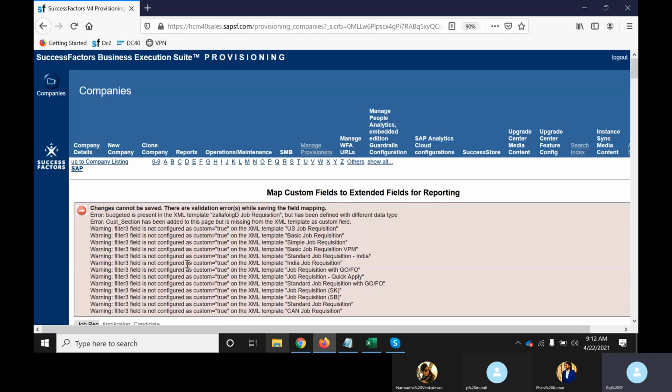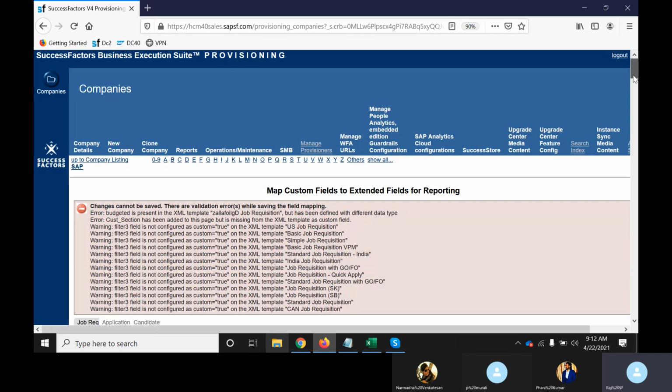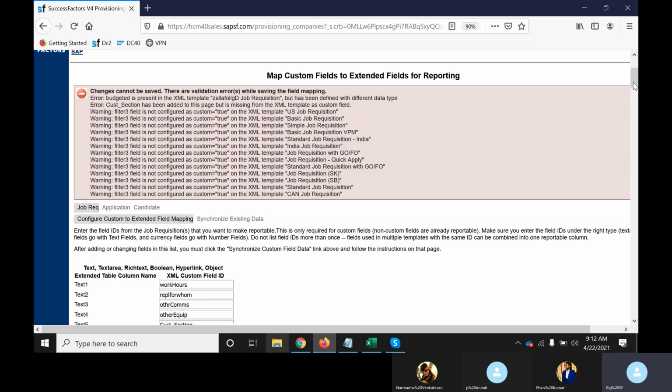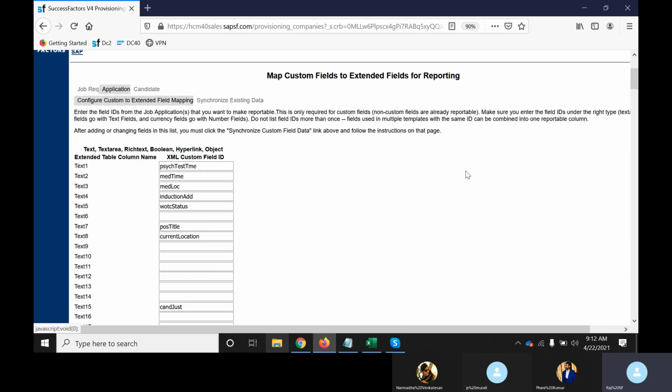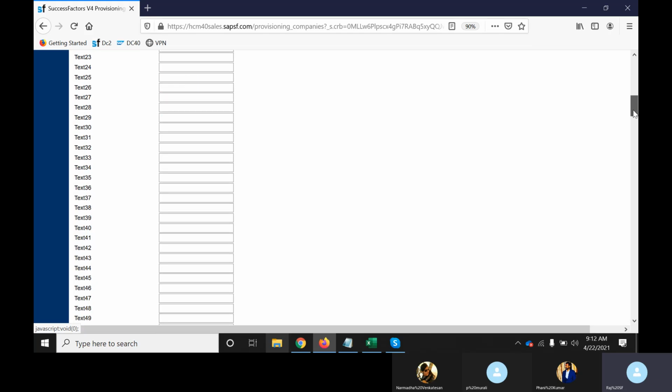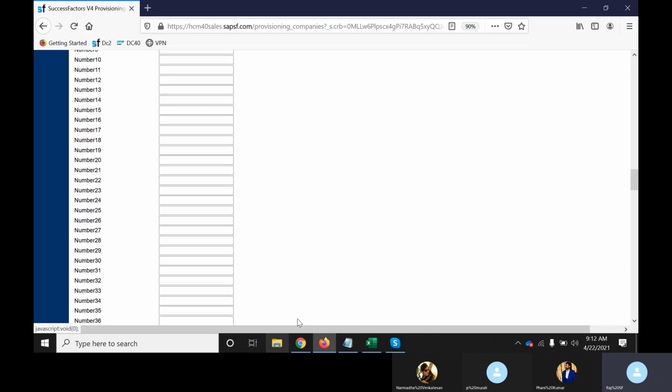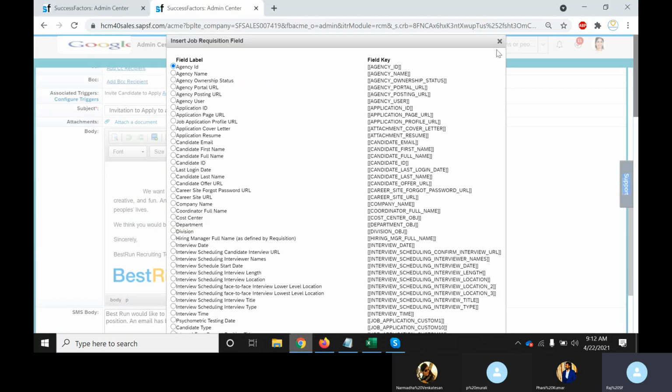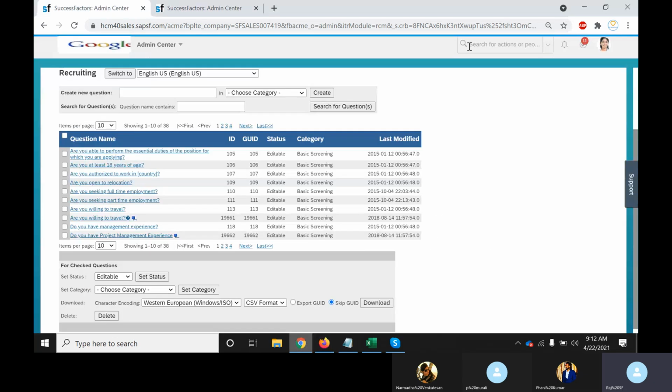What is this? Okay, so there are many fields missing. I don't know who has added these many fields. Okay, let me take some application template. So here we will collect some custom fields. So now what I'll do, I'll go to manage data in system, and I'll check how many custom fields are